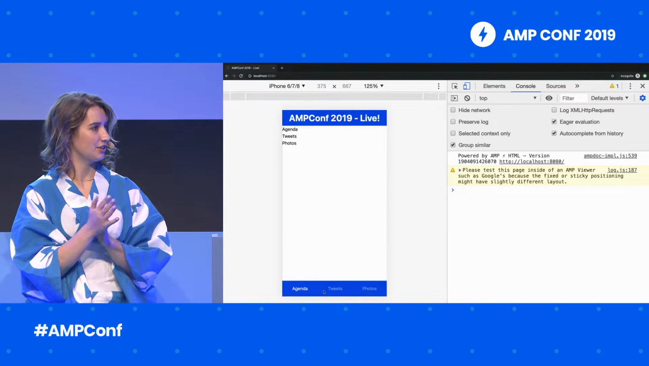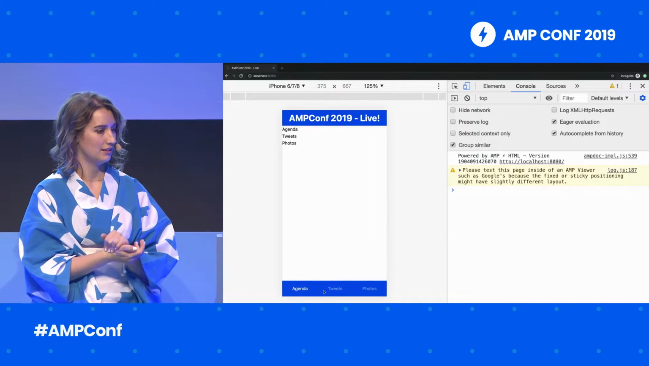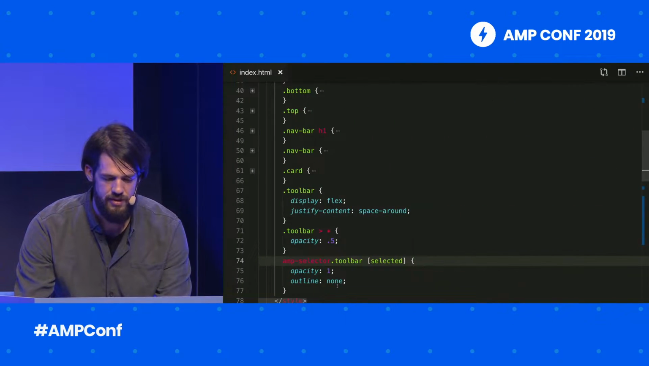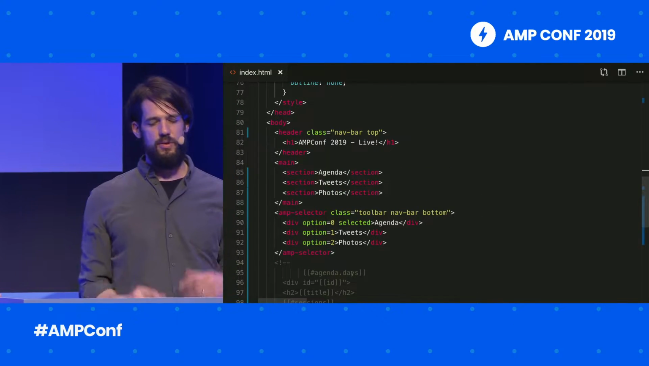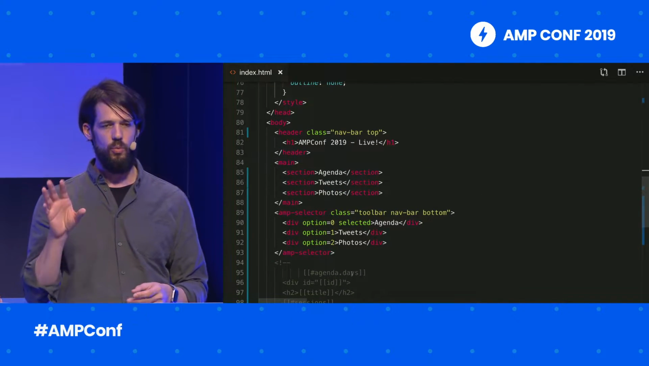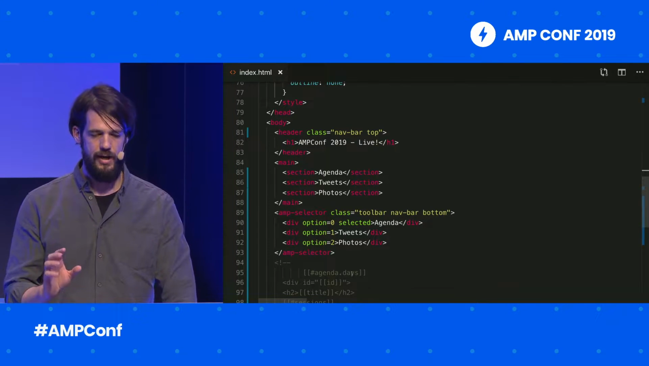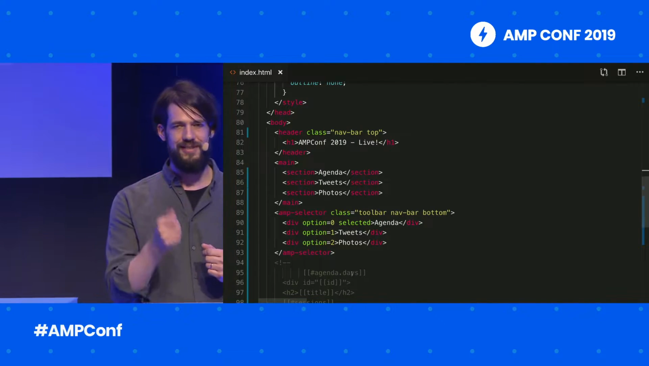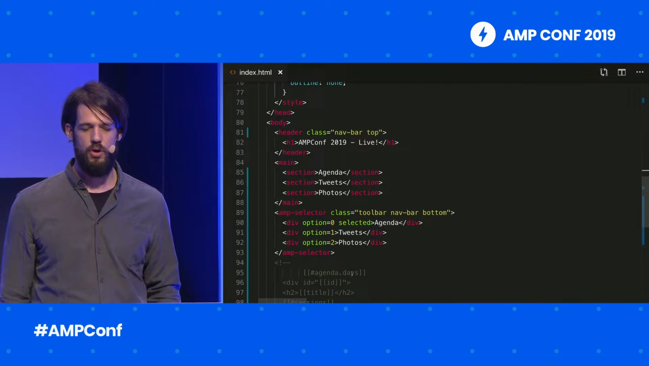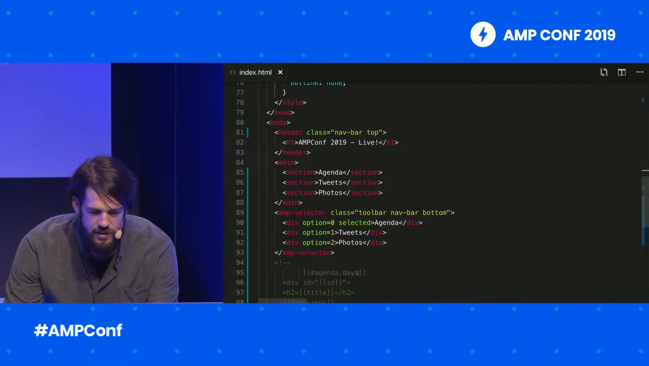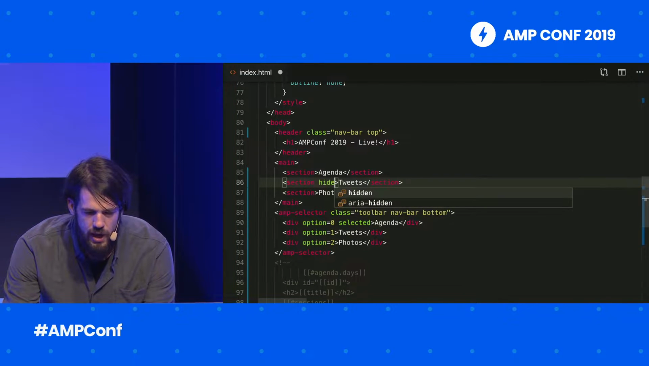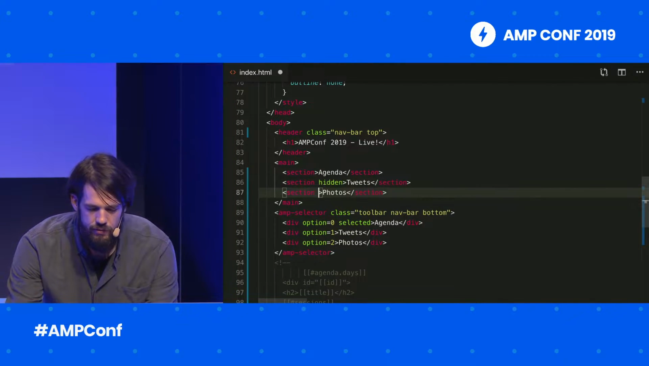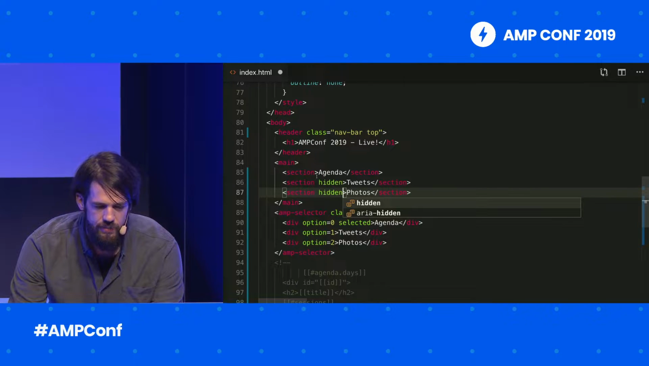Can we see what it looks like with the agenda in there? Yeah, no, first we have to actually implement the tabs. There are different ways you can implement tabs in AMP. The way I'm going to choose is to use amp-bind. The idea is to use a variable called tabs, which keeps track of the current selected tab. So the first thing we do is we hide the photos and the tweets tab initially,